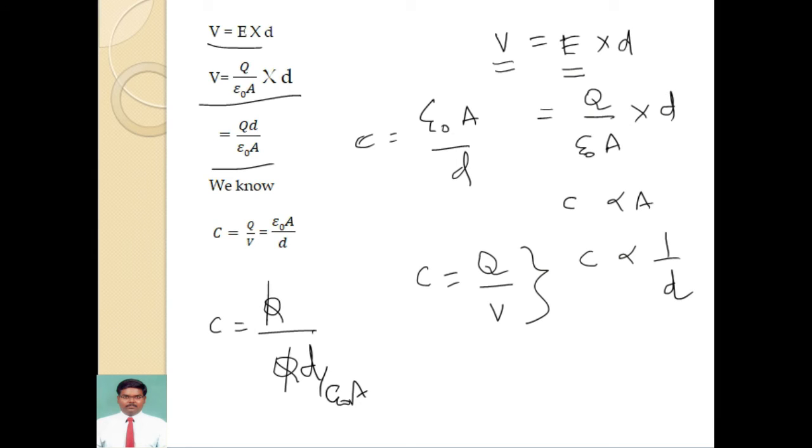So you know what is called the capacitance. The capacitance is the charge storing ability of a capacitor. So the charge storing ability of a capacitor will be increased by increasing the area of the plate, and it will be increased by decreasing the distance of separation between the two plates. Okay, that is the conclusion from the parallel plate capacitor. It's a very important derivation and a very important concept to understand.